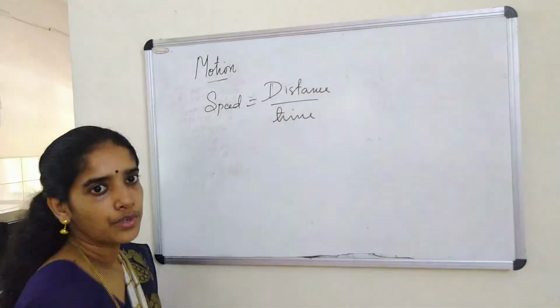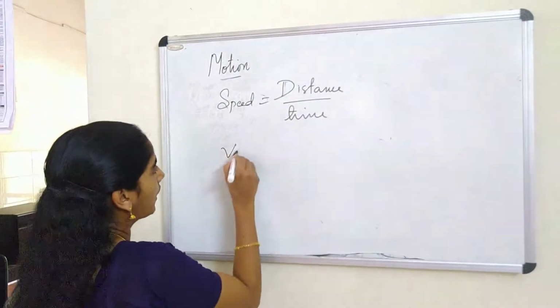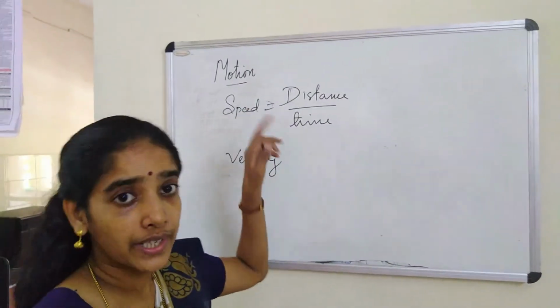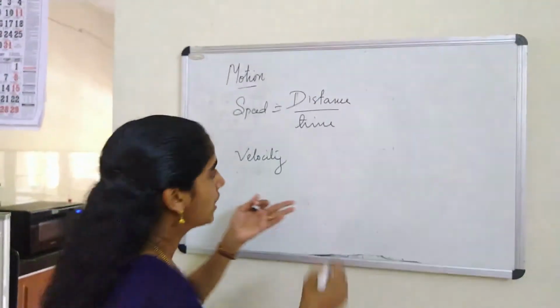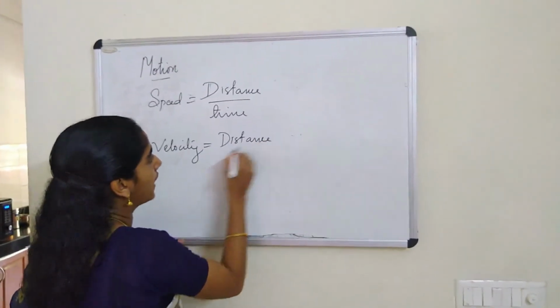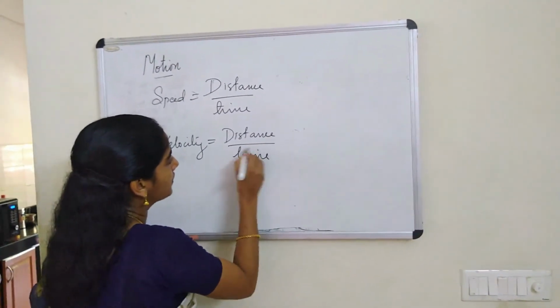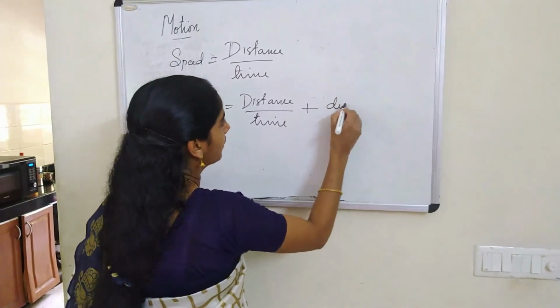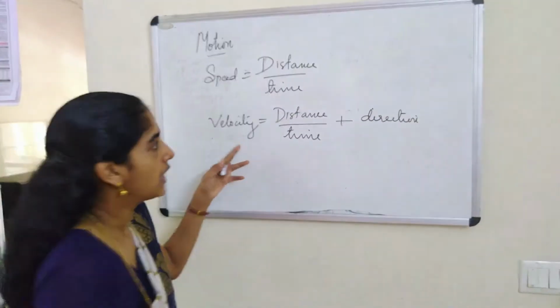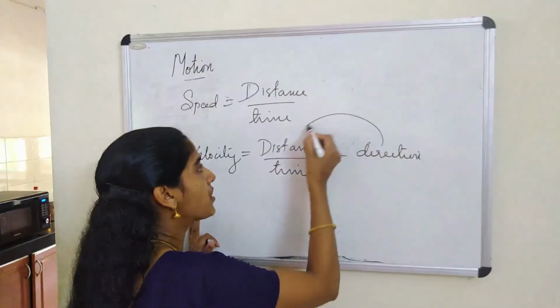That we studied. Okay, now what I told you, now I want to get the equation for velocity. So what should I add to this speed for getting velocity? I should add direction. So let me write the same equation here and then let me add direction to that. See, I am adding direction here, so that I come to the next physical quantity, what? Velocity. Now look, I am adding direction to distance.